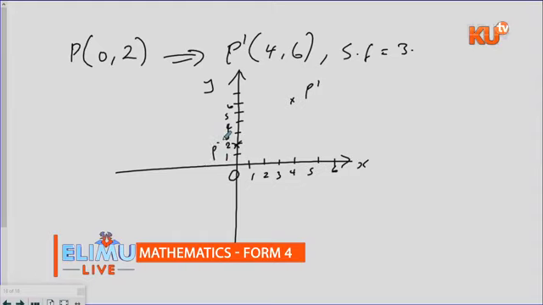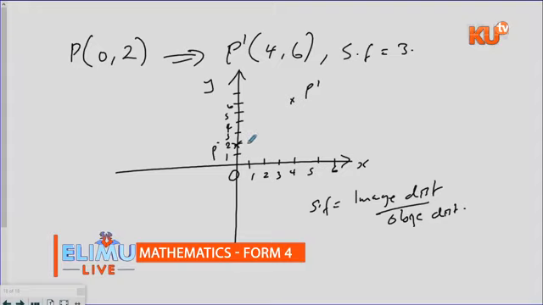So we need to obtain the center. So how do you get the scale factor? The scale factor of enlargement is simply the image distance divided by the object distance. In this case, the image distance is the distance from the image to the center. And so we have to set our center, and this is a positive